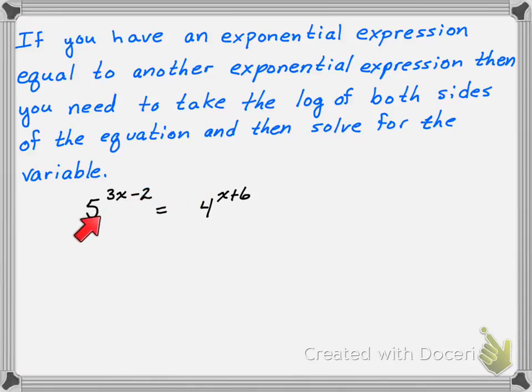Now, that is not always possible. So, for example, if you look at this problem, you have 5 for a base value and 4 for a base value. It is not possible to make these be the same base. So we're going to use a different method for this. Now remember that when solving equations, you can do pretty much anything to the equation as long as you do the same thing to both sides. All right, so what I'm going to do with this, when we have this situation, is I'm going to put natural log